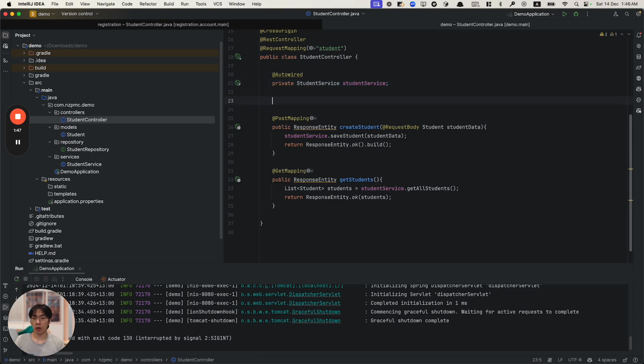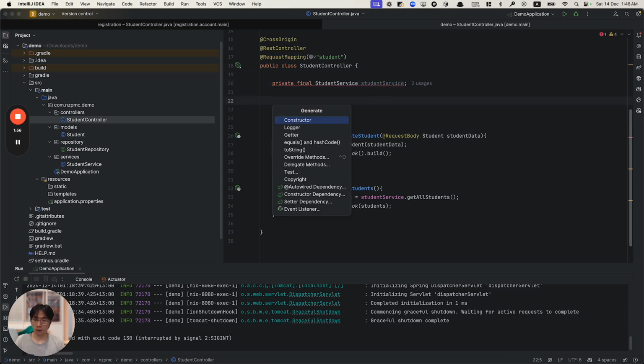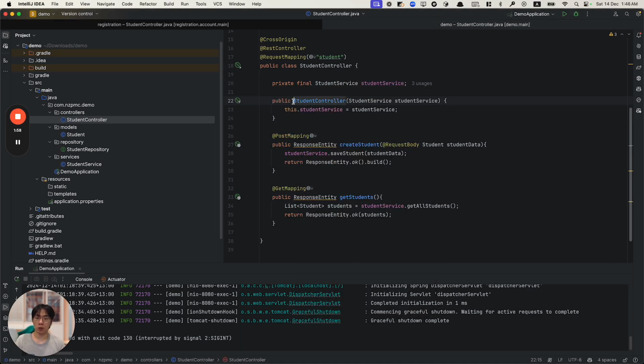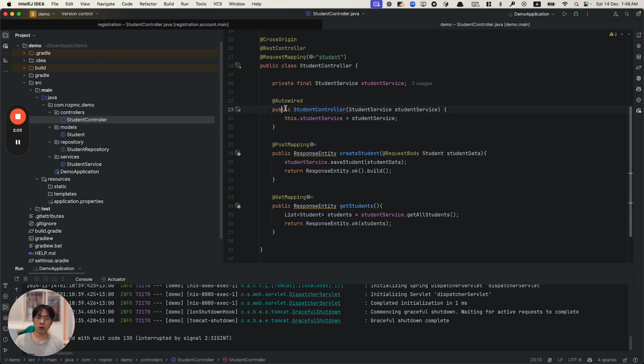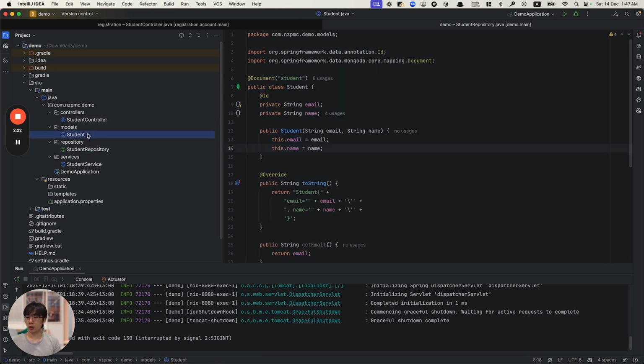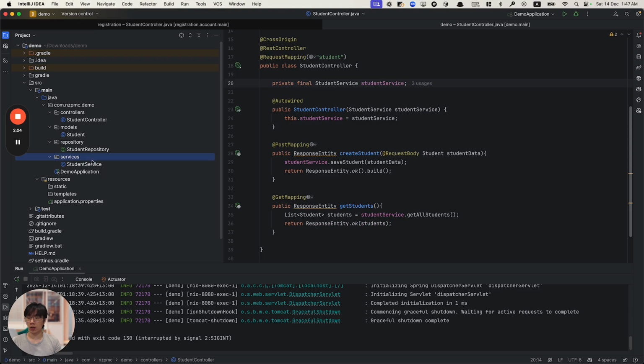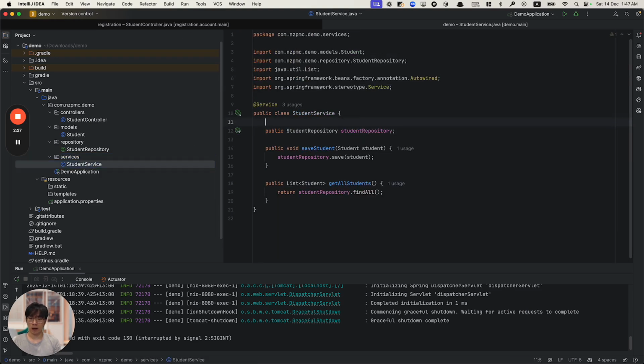A better way to write this would have been, instead of using the auto-wired here, we use a constructor auto-wiring. If I construct this object with this constructor, then this will allow the application to be wired, and this reference doesn't need to be changed, because at the construction time, this variable's value enforcement is managed. And same with any other classes here, right? So student service can also have a private field,